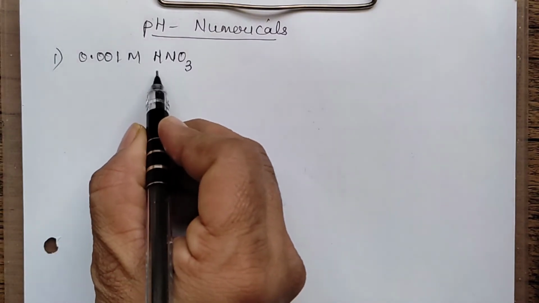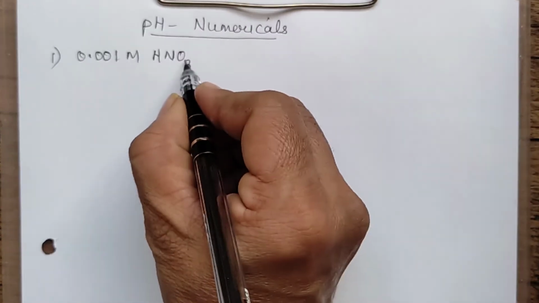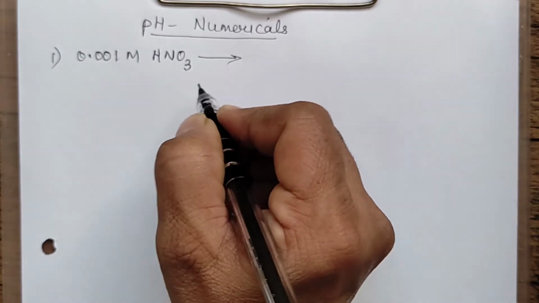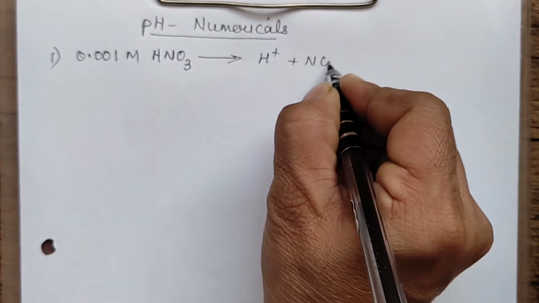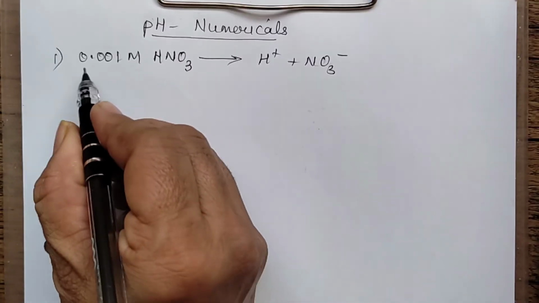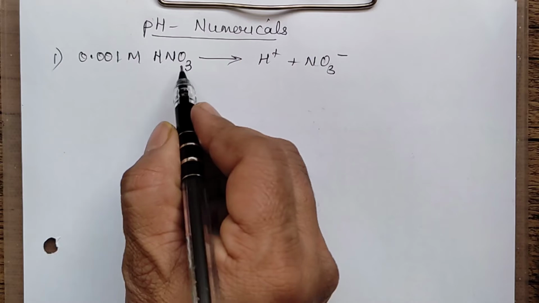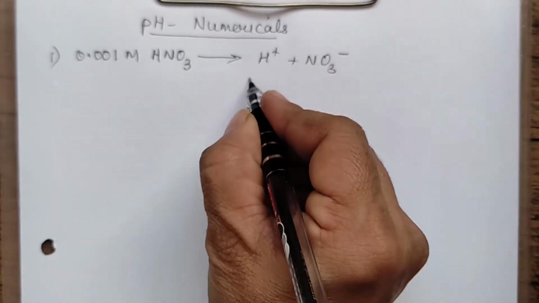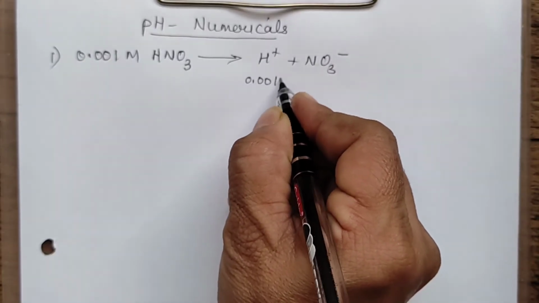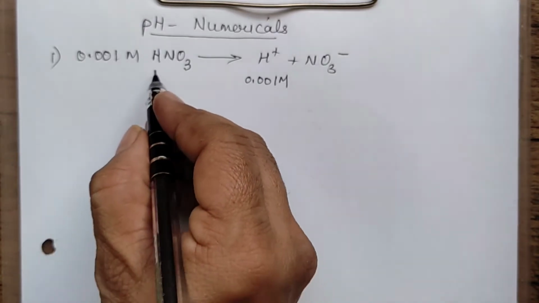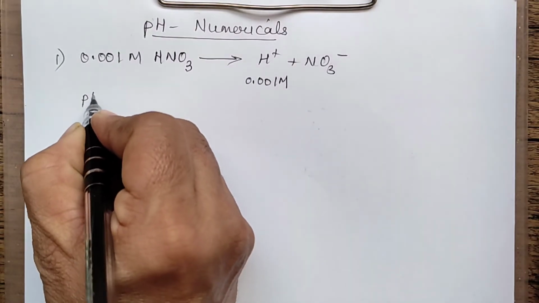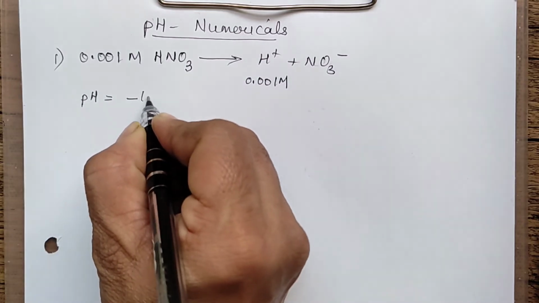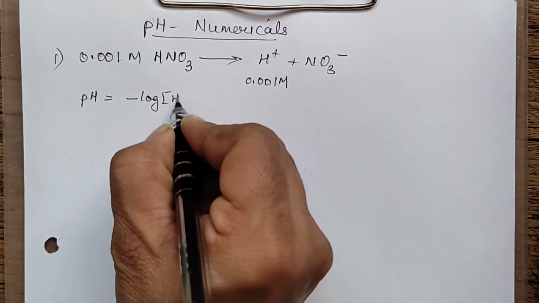Okay, so when acid and base is strong, definitely this is going to ionize completely. So HNO3 will form H plus and NO3 minus ion. Then whatever concentration is given for nitric acid, the same concentration we will have to take for H plus also. So what concentration is given, that we are going to take for H plus and we will put it in the pH formula. So we have the pH formula as pH is equal to minus log of H plus ion